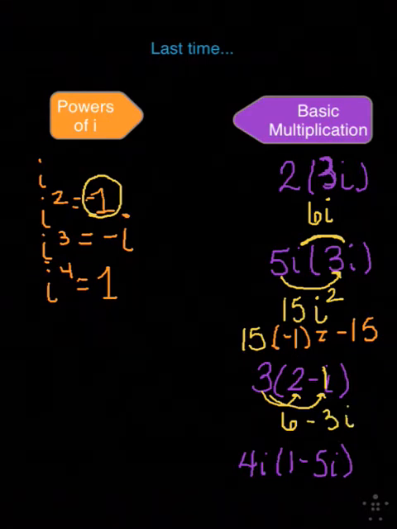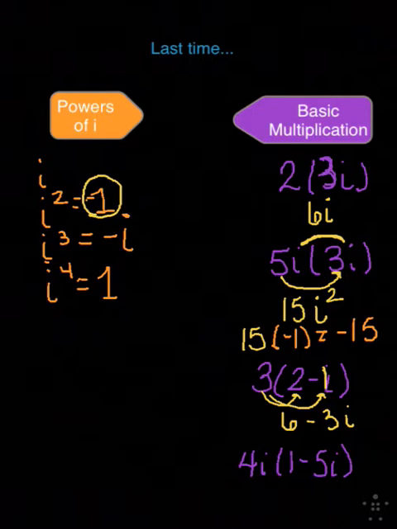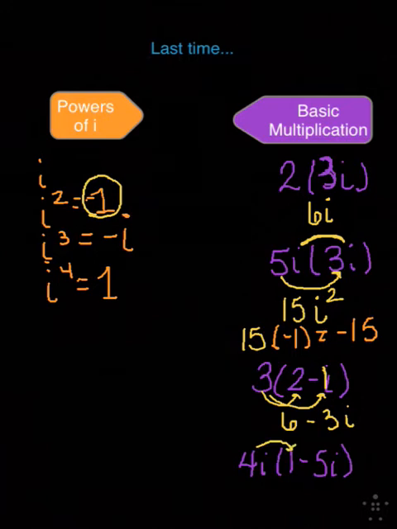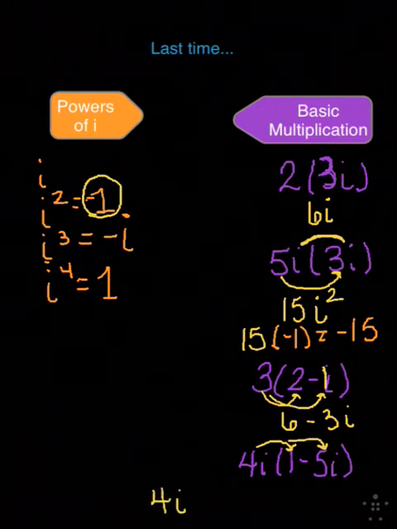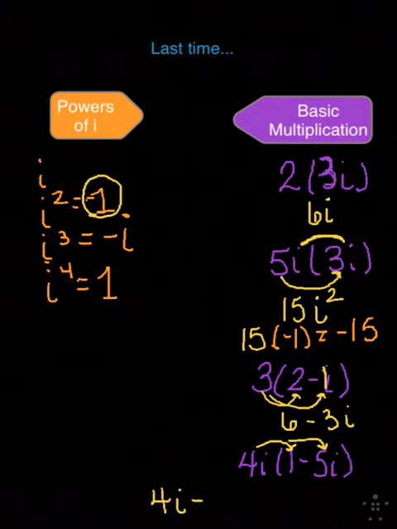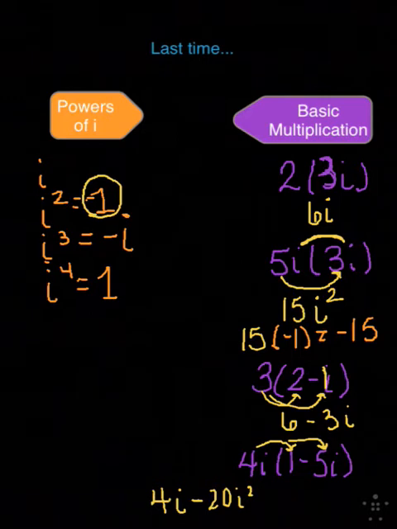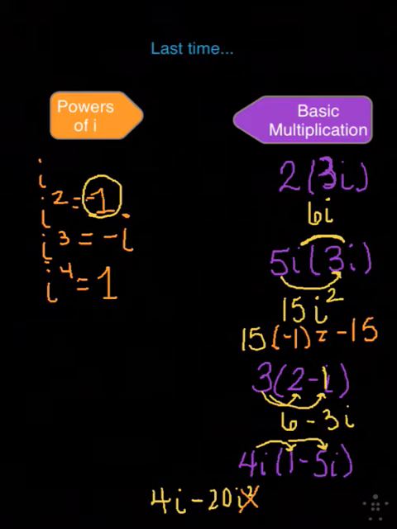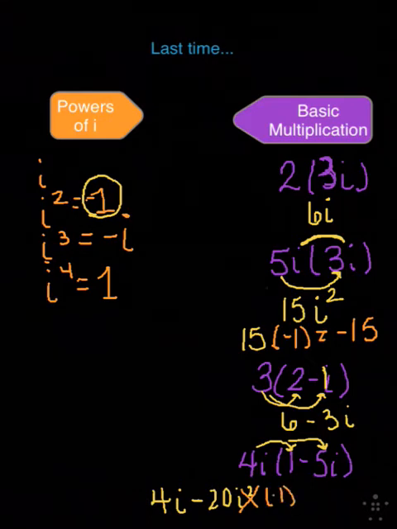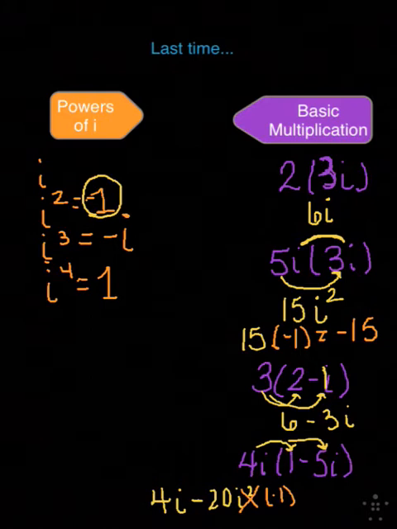All right. And lastly, we have our last problem here. 4i times 1 minus 5i. Distribute everything in the parentheses, the 4 and the i. So 4 times 1 is 4. The i comes along with it. Minus 20i squared. Okay, remember you have to replace i squared with negative 1. So this is really going to get replaced with multiplying with negative 1. So our final answer is going to be negative 20